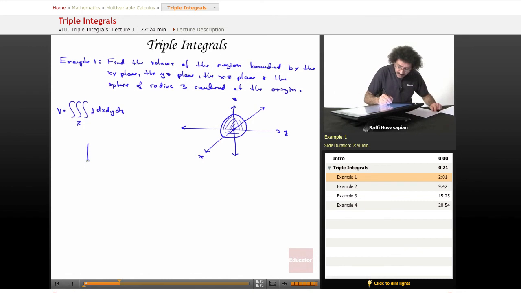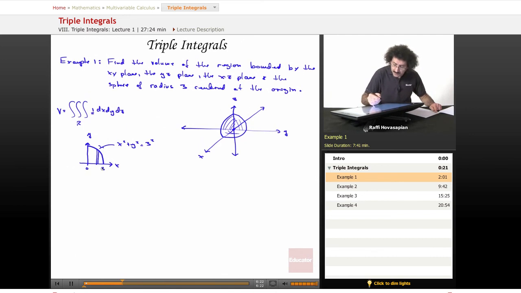Let's just look at the xy plane first. So this is y and this is x. Well, we have this sphere, right? So the z-axis is coming straight out and going straight down. Well, this is x squared plus y squared equals 3 squared. That's the equation of a circle in the xy plane. So now, what I'm going to do,